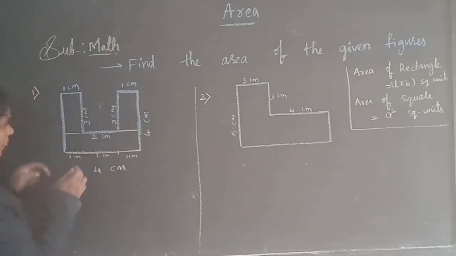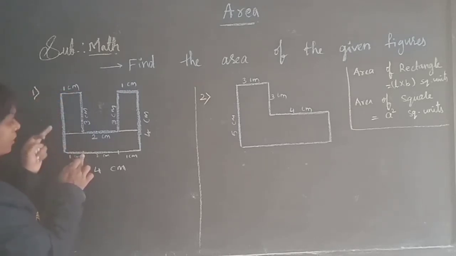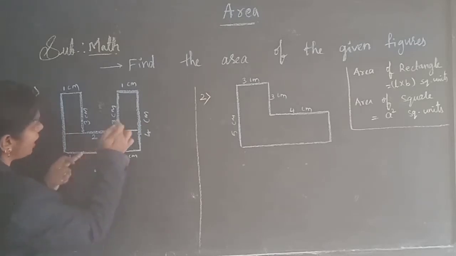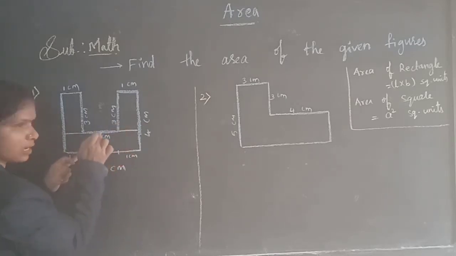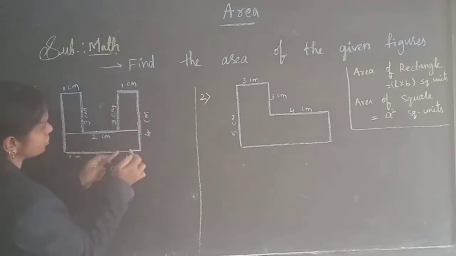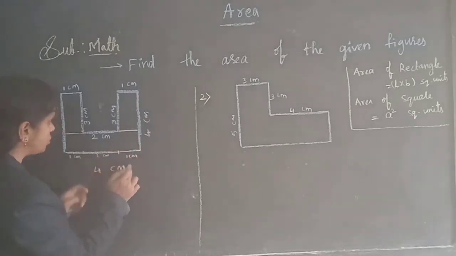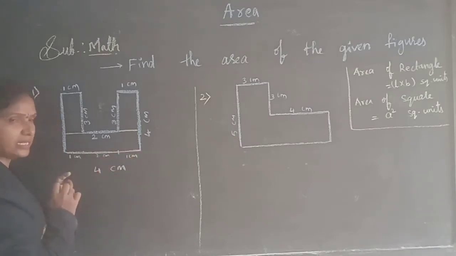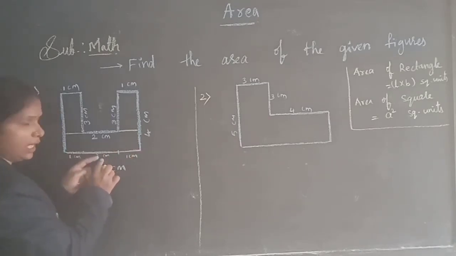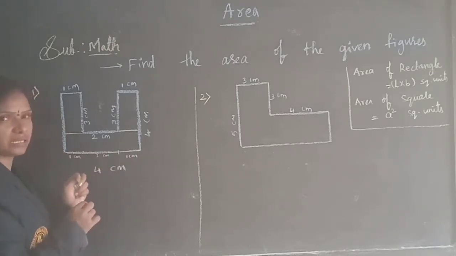Is it clear, children, up to here? Comparing this, I am taking this length because these are opposites. So 1 centimeter till here, and 2 centimeters here, comparing these two, opposites are there. Here 1 centimeter means down also we have 1 centimeter. So what is the total length of this line segment? 1 plus 2 is 3, 3 plus 1 is 4. So 4 centimeters is the length of this line segment, children.